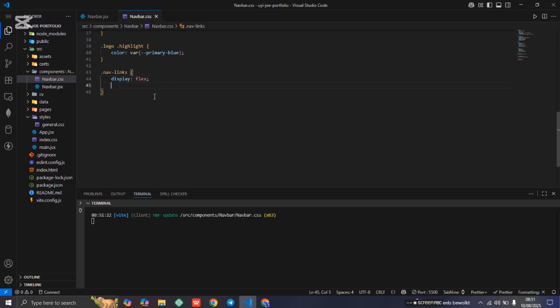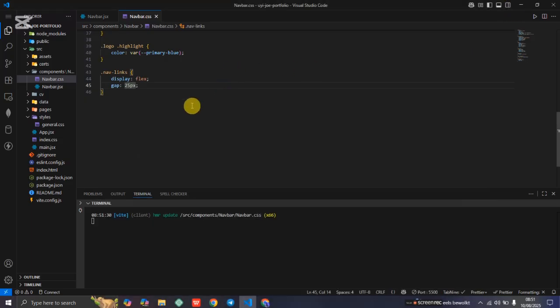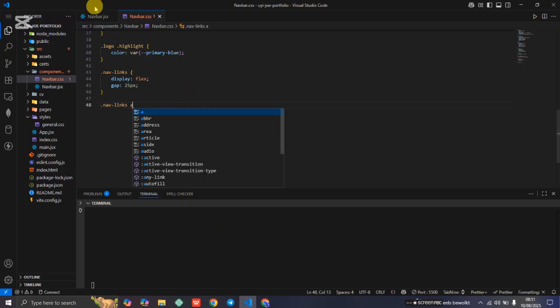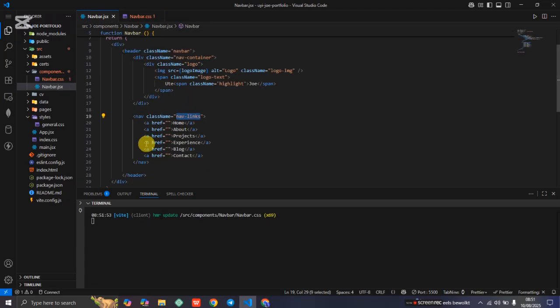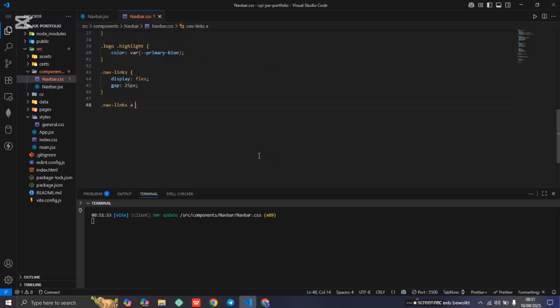Nav links dot container, and then display flex and gap 25 pixels. See what has become. All right, this is the gap. All the spaces here. Good job. Let's continue. Dot nav links A. This is the A we are talking about here. At nav links A, we have color